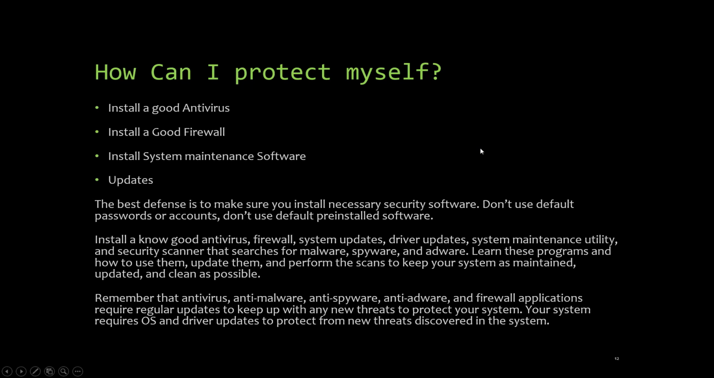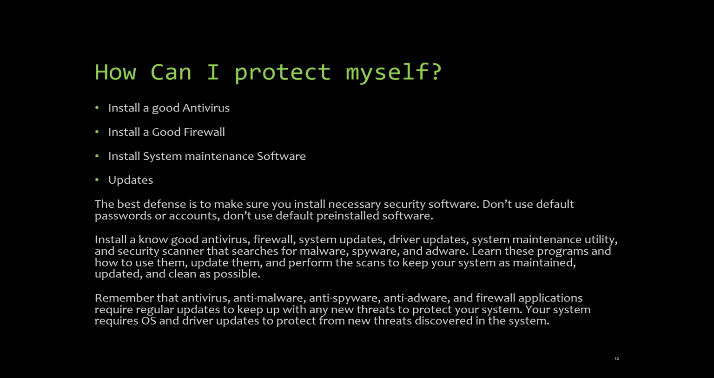So how can you protect yourself? Well, honestly, there's lots of different ways. First and foremost is run a good antivirus, install good security software, have a good firewall, install system maintenance software that keeps your system clean, make sure that things are in order, that everything's not all messed up, and most